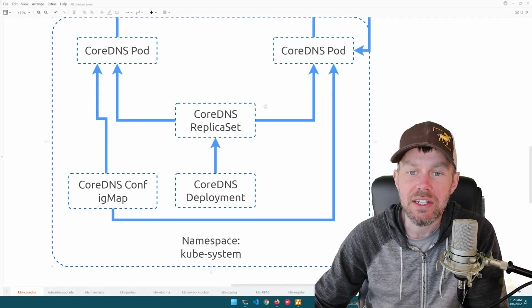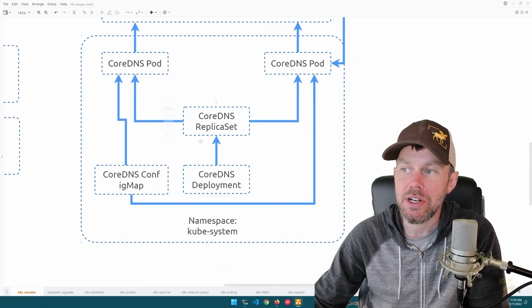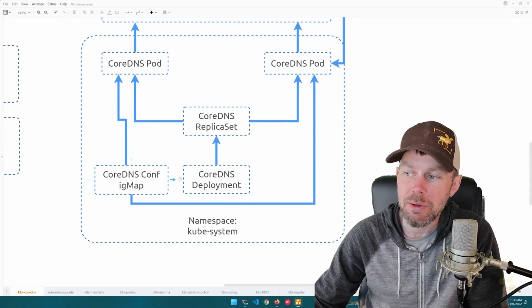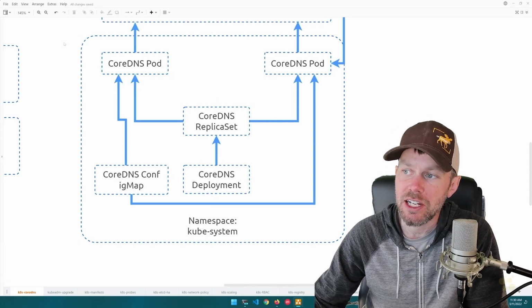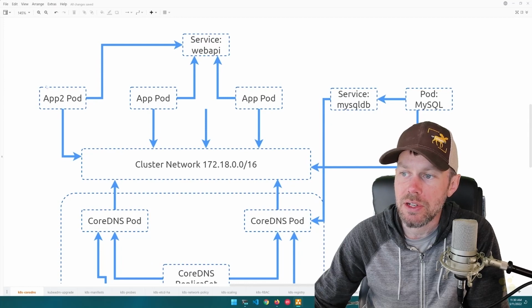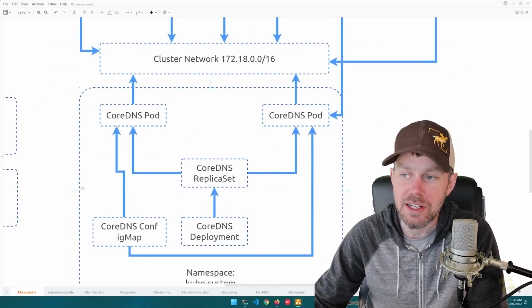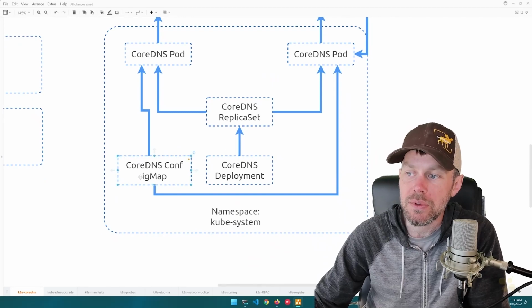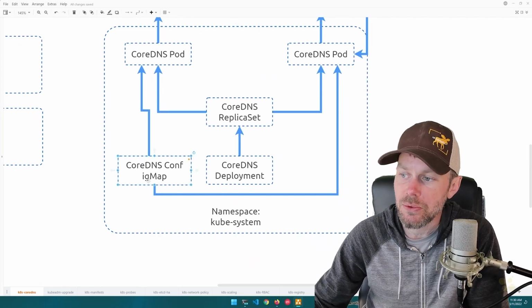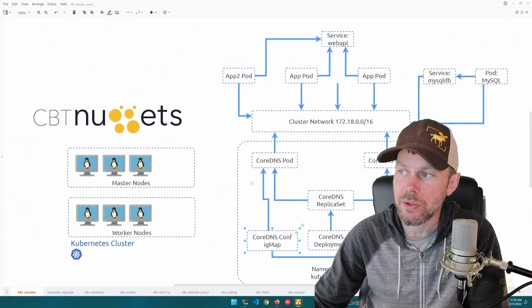So as we discussed in the previous video, the CoreDNS component is deployed onto your cluster as a config map, a deployment, a replica set, and a couple of pods here. And those pods get connected to your cluster network so that your different application pods and services can communicate with the CoreDNS pods. Now, the configuration of the CoreDNS component itself is, of course, done with the config map resource here. And so what we're going to do now is just explore an existing cluster that I've already